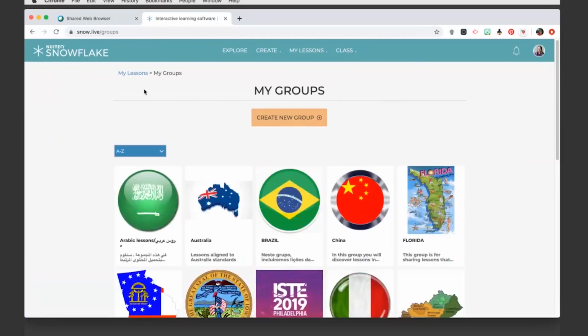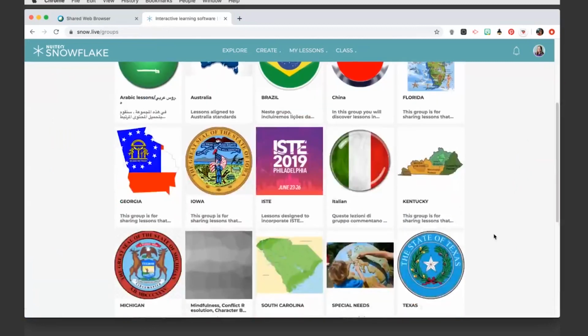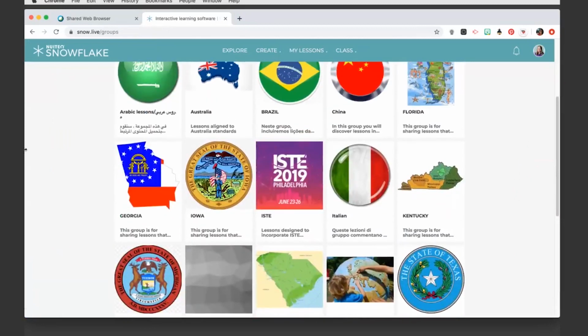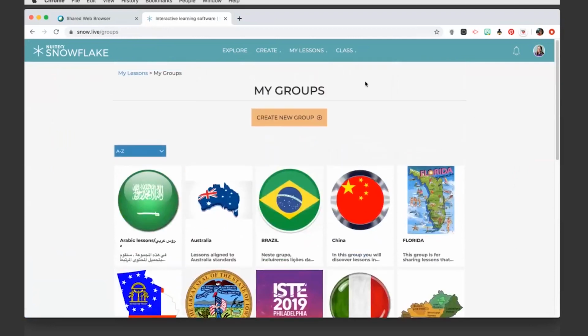And groups, it's similar to lists, except it's a collaborative space. So these are all of the groups that I'm part of as far as creating lessons. In the group, it's an opportunity for teachers to add, in a collaborative environment, lessons that they may have created. So at my district, the way I saw this in operation was the entire 2nd grade, they had their own